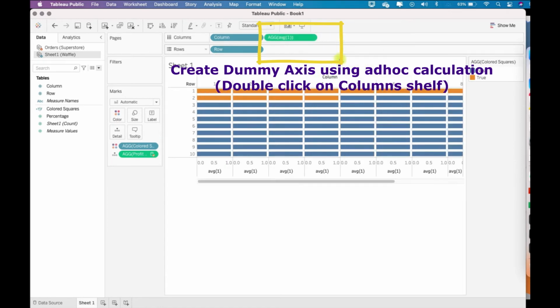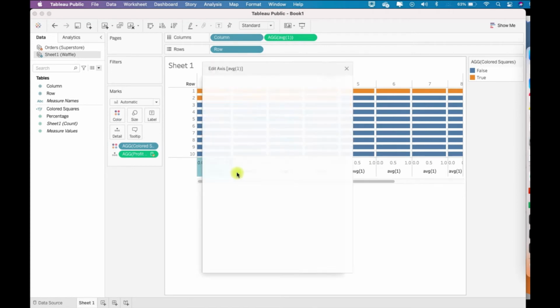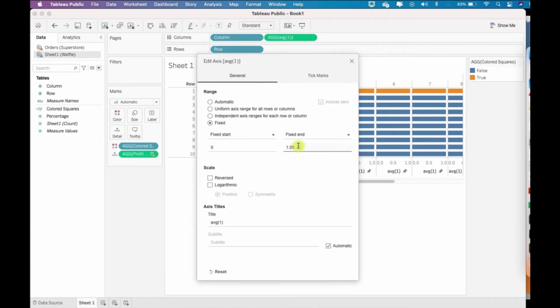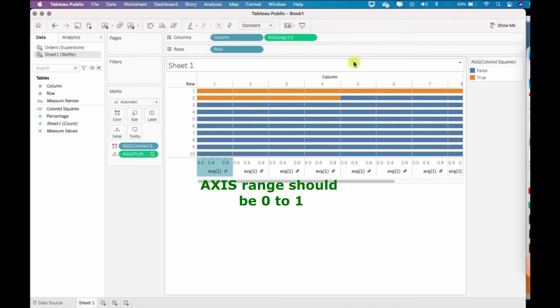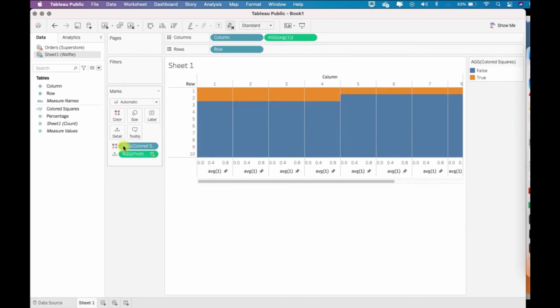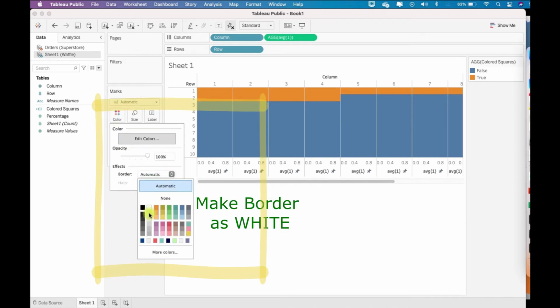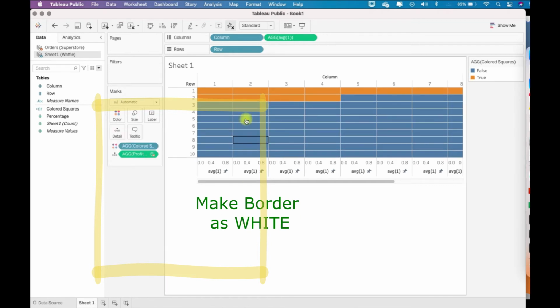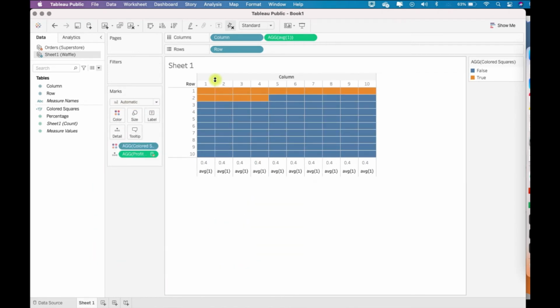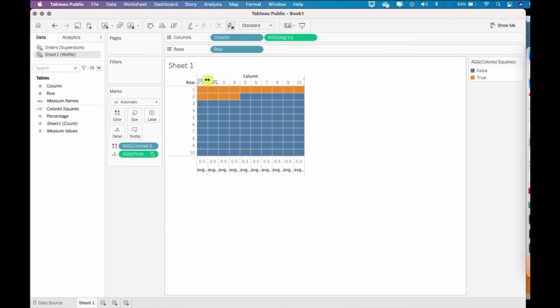See, now we have got an axis, and just edit this axis and specify it to range from 0 to 1. So every axis will be from 0 to 1 only. Now once this is done, you can increase the size. And now introduce the borders using colors. So go here and let's say the borders I want are white. Then reduce the boxes' width, a bit more or less. Yeah, now this looks some sort of a waffle.